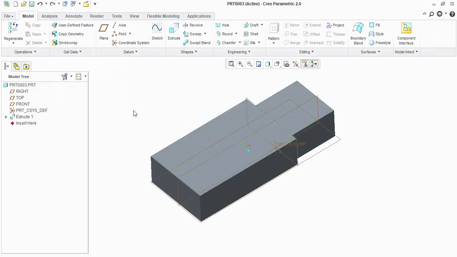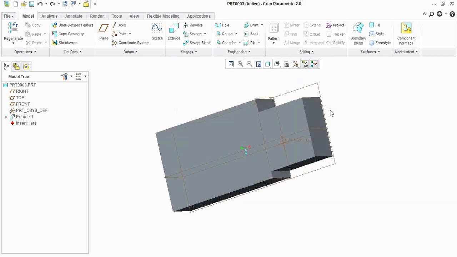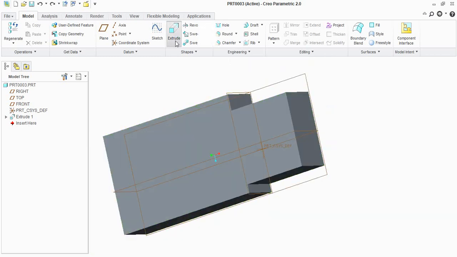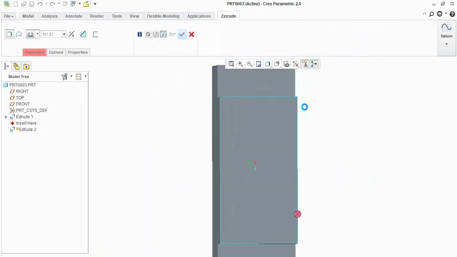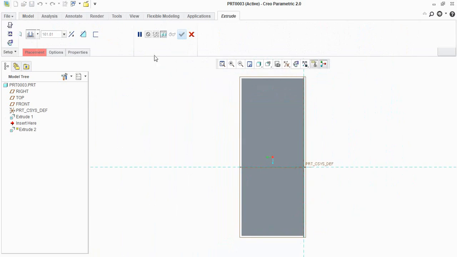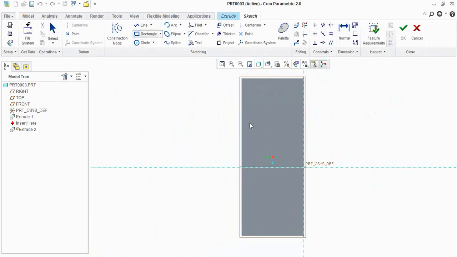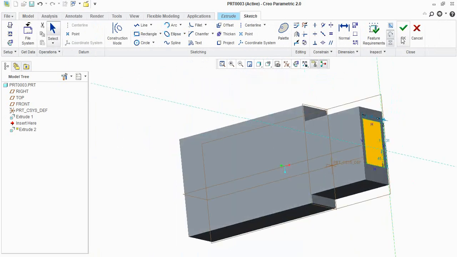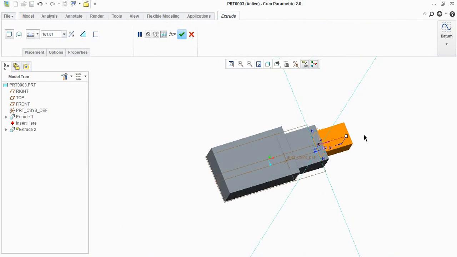We will again make one more feature here. Again I will use the extrude option. We will create one more rectangle here, and then we will extrude it.